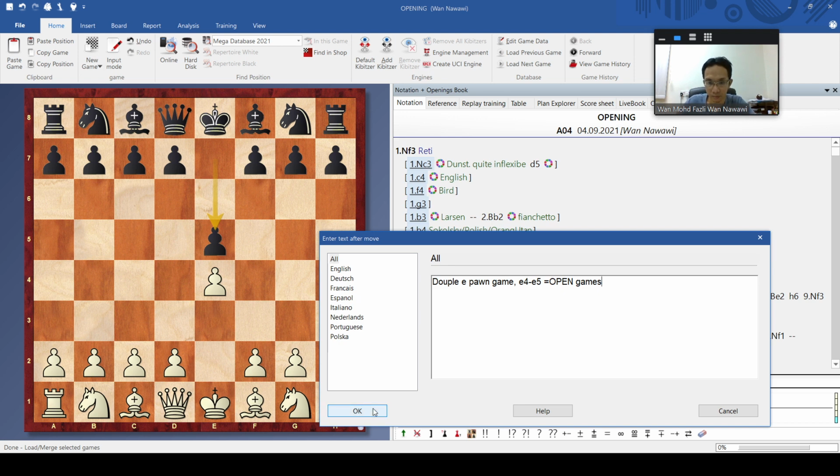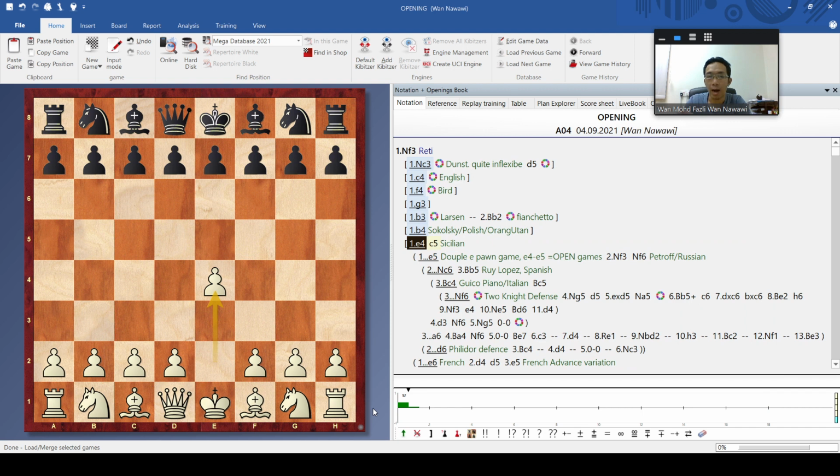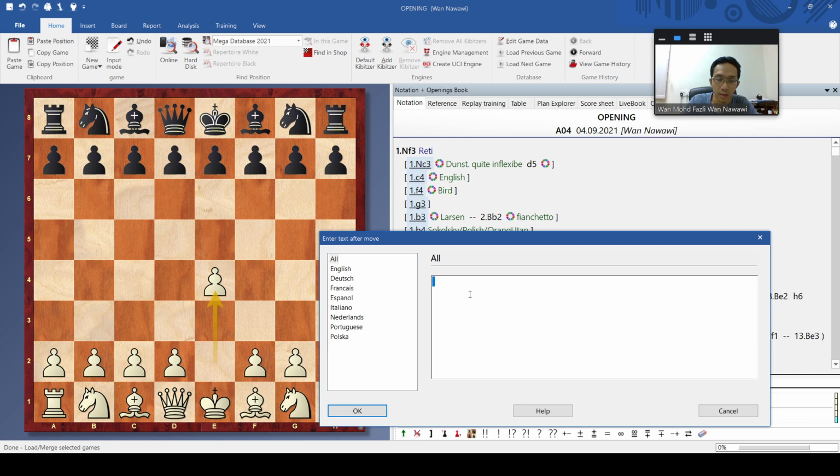If you open with E4 and black replies with something other than E5, for example Sicilian or French, whatever else, they call it semi-open games. So this is how people classify the chess openings.